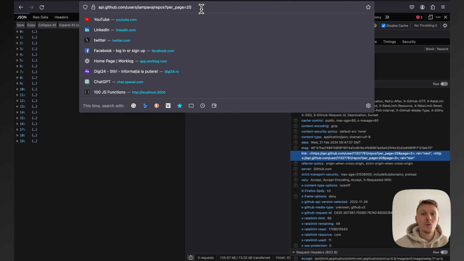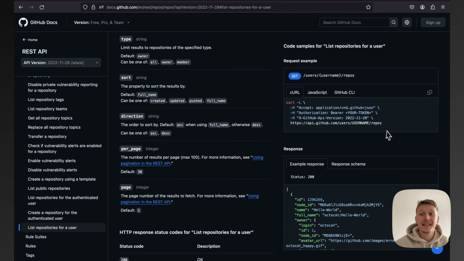So let's do a short recap. We have an API which gives us the public repos of a user. This API is paginated, so we get at max 100 repos. And then we're gonna need to use the link header if we have more repos than that to fetch the next page and the next page, so we get the name of all public repos. Okay, so this being said,